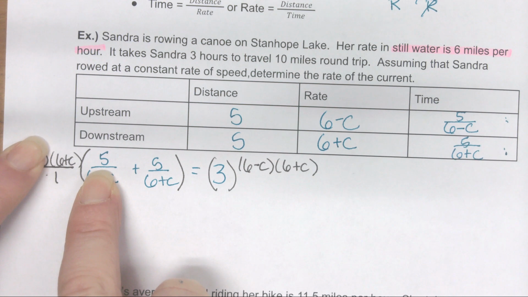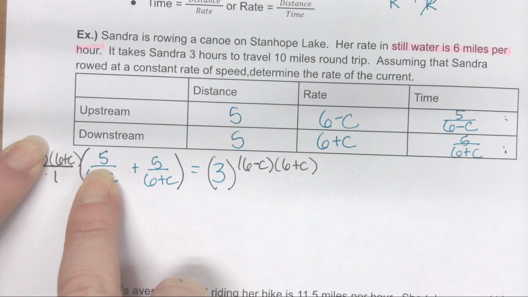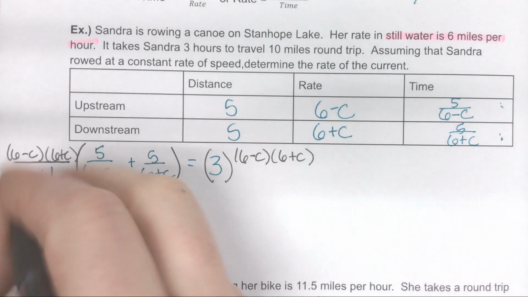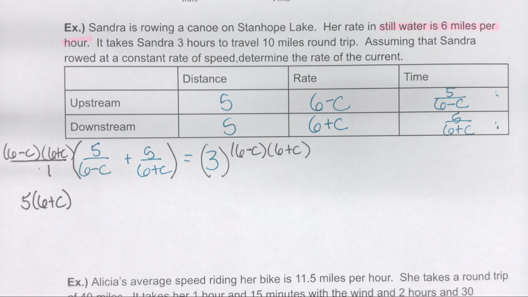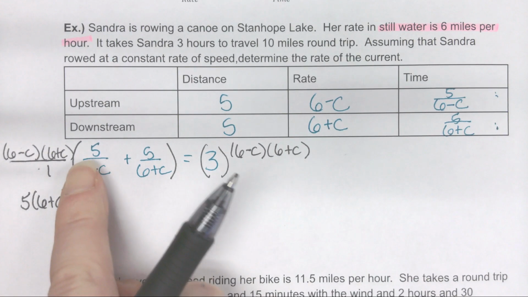What's left? 30 plus 5c. Okay, you want to go right to 30 plus 5c. I'm going to go do this, okay? But yes, you can go that. But you agree that if those two cancel, that's what's left?